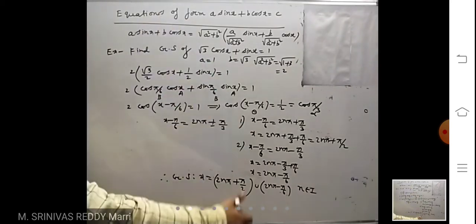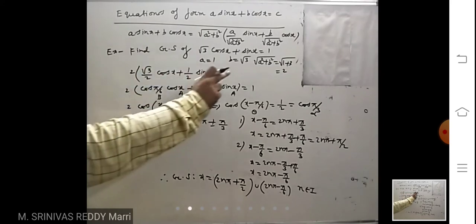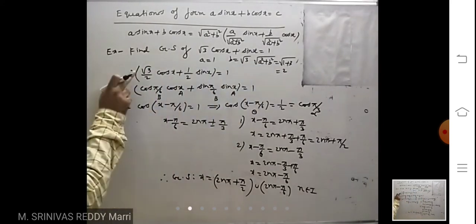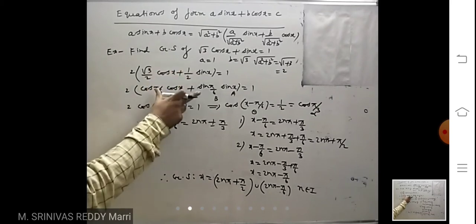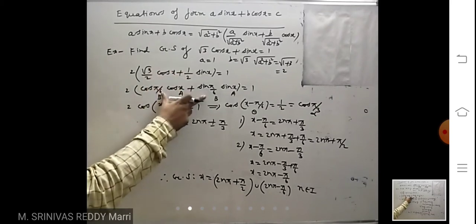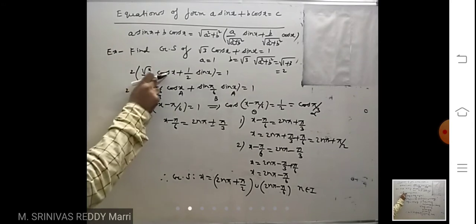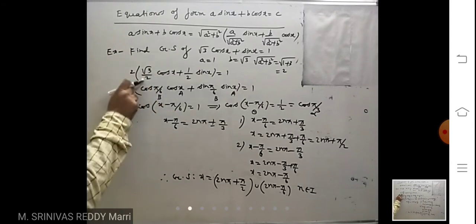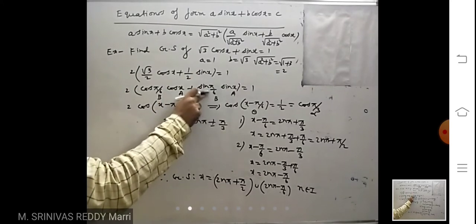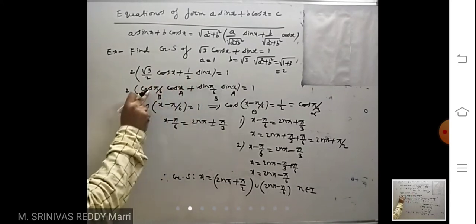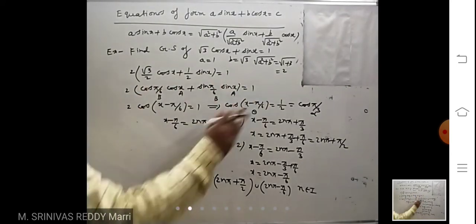So like that, whenever a sin x plus b cos x is there, immediately find root of a square plus b square and then multiply and divide. I want to convert this into cos of a minus b. That's why cos x here, cos A is there, cos B I have written pi by 6, sin A is there, sin B I have written, this angle is sin pi by 6. Now this will become cos of A minus B, like that.